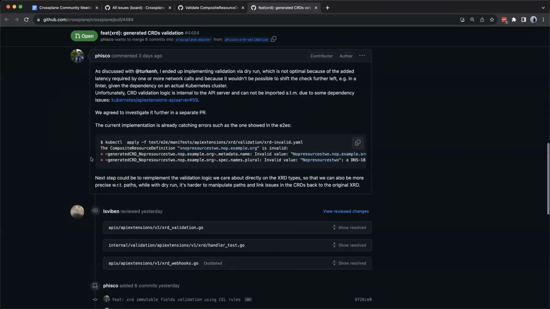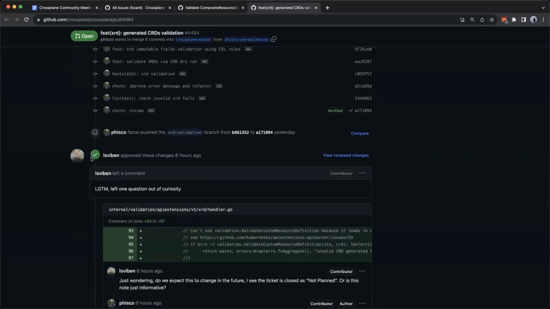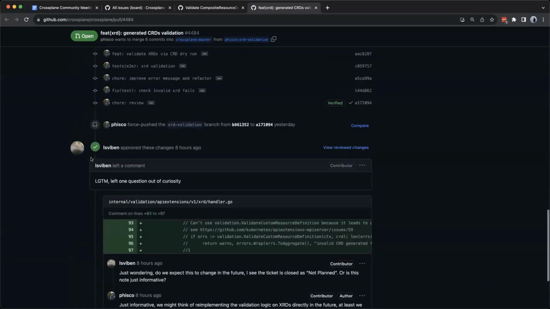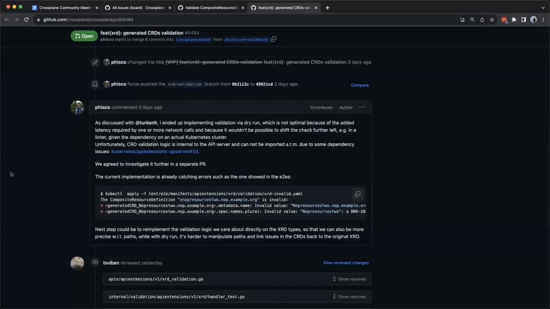We could think down the line to implement some custom validation on XRDs, reflecting the actual validation on CRDs, but yeah, it's not the best solution ever. Maybe we could improve it down the line, but it's already validating what we need. So maybe some feedback there would be nice.